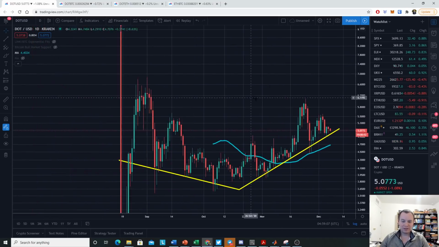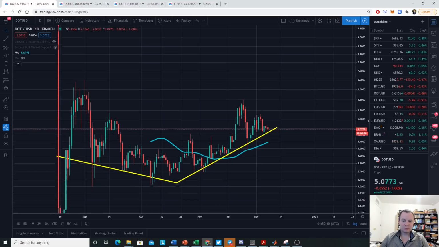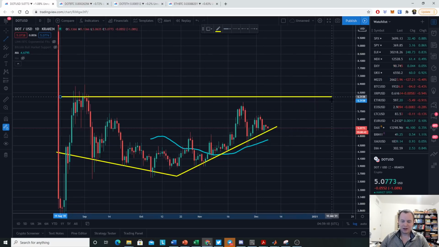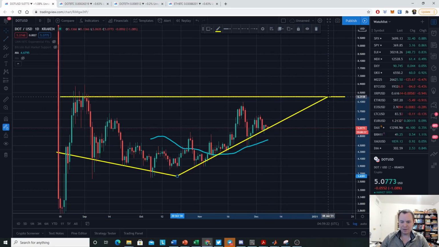So what I would want to see is just this accumulation phase continue for a bit longer, and note that this is more or less where we topped out. I mean, it was around $6 or so. And we're definitely on the right track at this point in order to get back to that level. If we continue at the same rate, maybe we'll get there back in January.